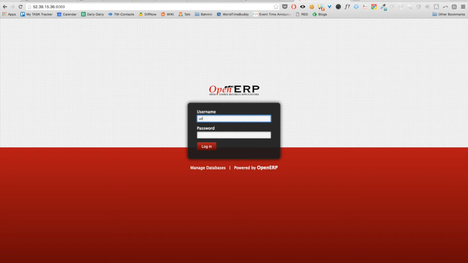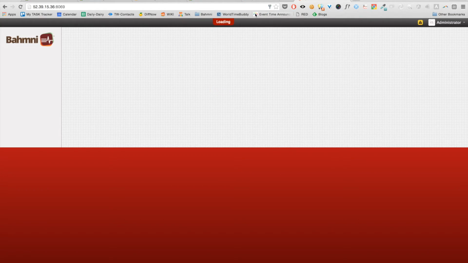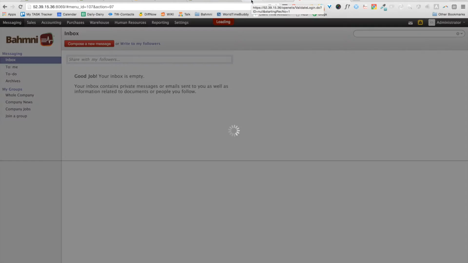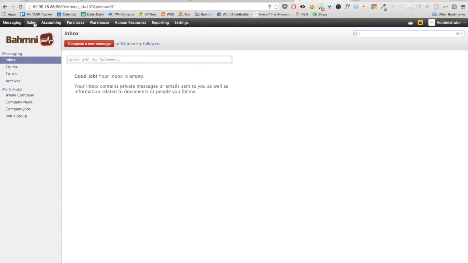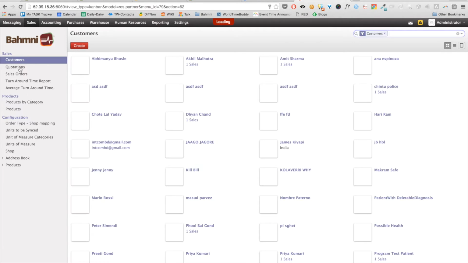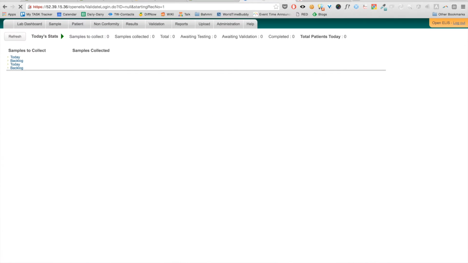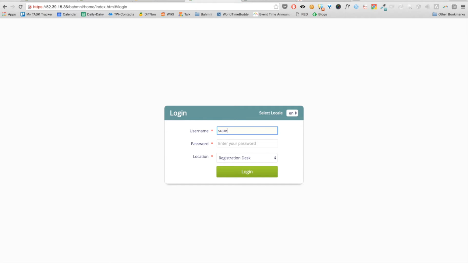And this one is admin and password. So this is the ERP screen. The patients are registered as customers automatically. This is the lab screen. It's loading, and this is the EMR screen.